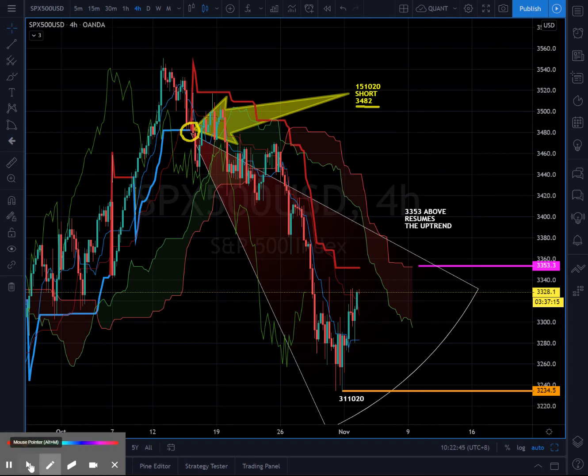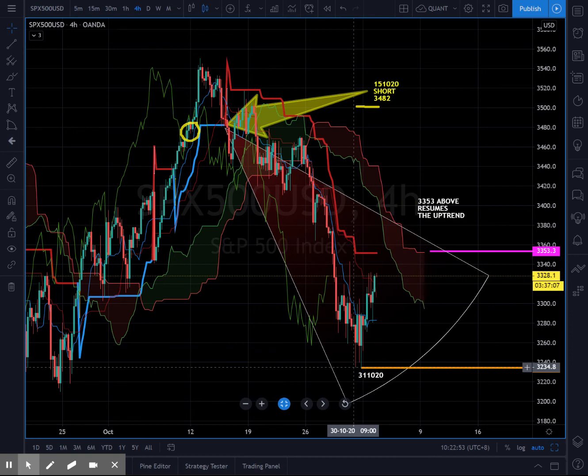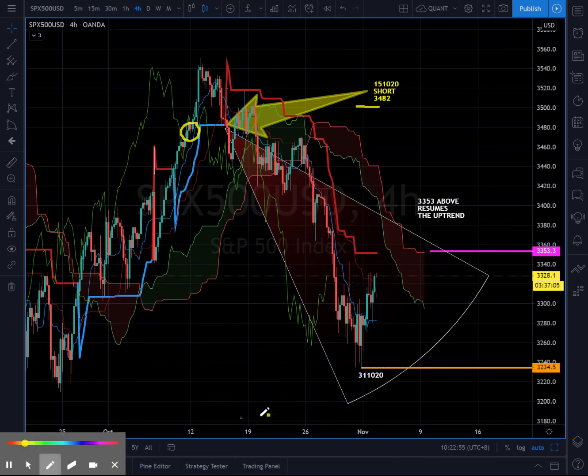Now, this particular short has actually harnessed more than 260 points from its short signal to the lows that were made last week. So the lows were at 3234. And currently, what the S&P 500 has been doing over the past couple of days was to attempt a